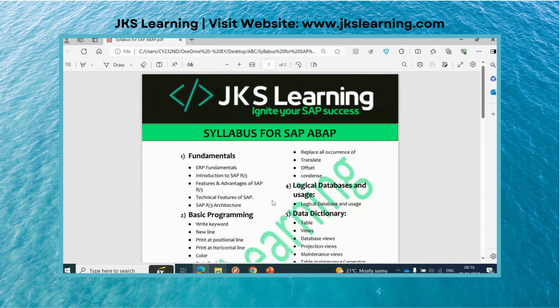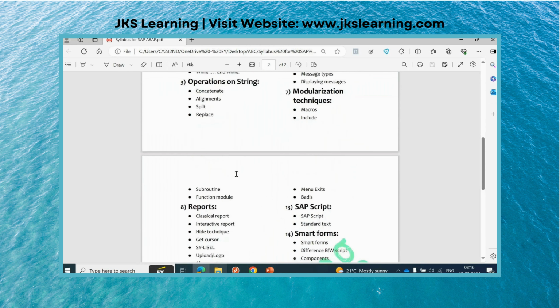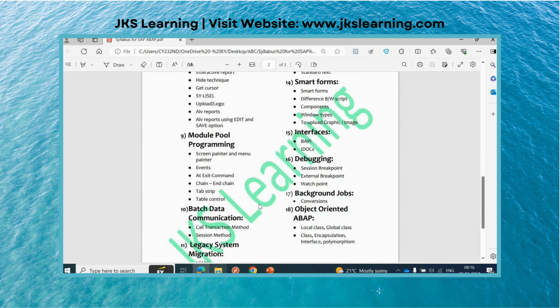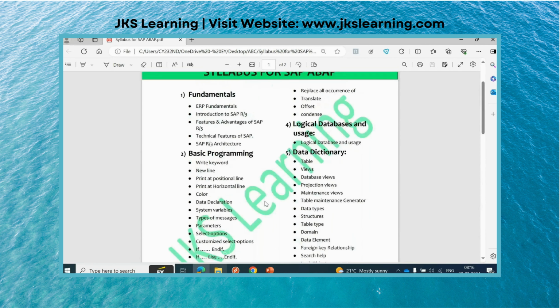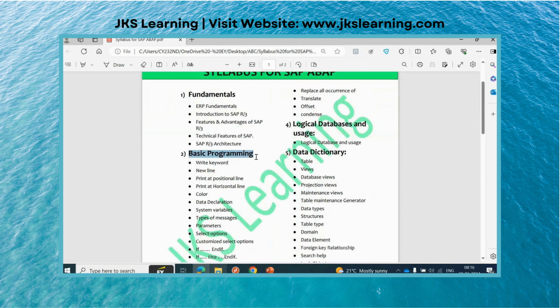Okay, so first of all, we will go through what all things you will learn in this period of sessions going forward in ABAP. We have listed some topics which are really very important if you want to be an ABAP developer. Then we will go through all your fundamentals and the basic programming. Even if you don't know what programming is, you will get to know everything here, from simple keywords and how to use them in real time.